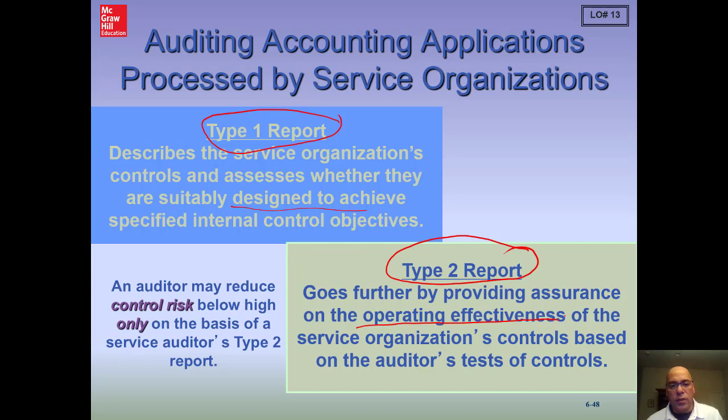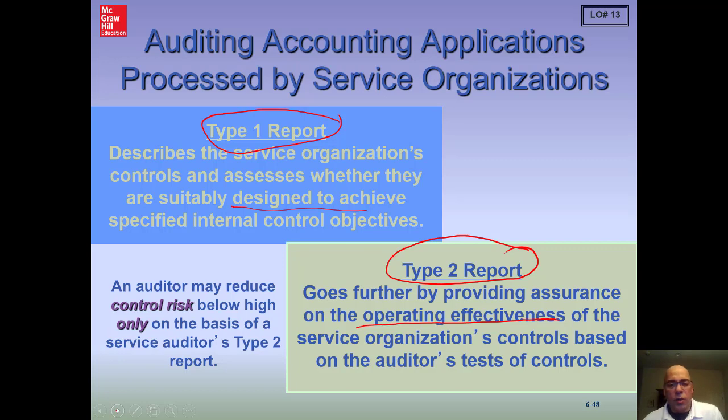And again, I'm not speaking specifically about ADP. I don't know what type of report they get. If I had to speculate, I would guess they probably get a type 2 report because of the volume of the transactions that they're involved in. But there's no legal requirement there. But I would think they'd probably want a type 2 report to help their clients' auditors along.